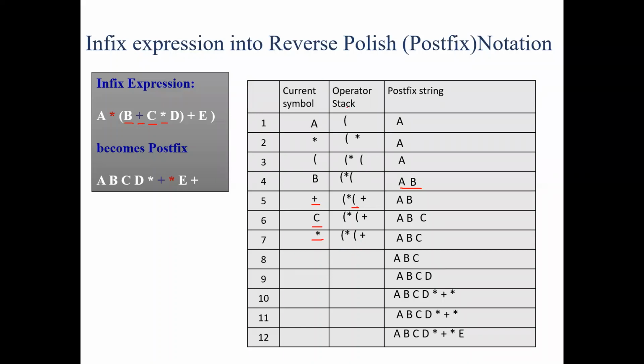See that algorithm you have written. I told you to write it also, no? The steps I had given: operators are pushed onto the stack, operands are printed onto the display as a postfix string. So now we have an operator called multiplication symbol. What we will be doing is checking the top of the stack. At the top of the stack, we have an addition symbol. Now Yogesh, tell me which has more precedence, multiplication or addition?